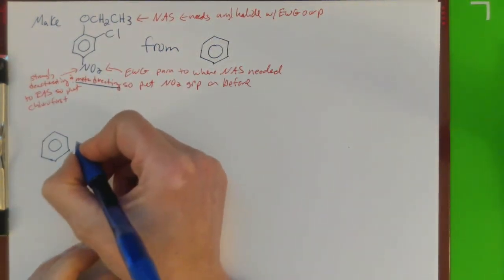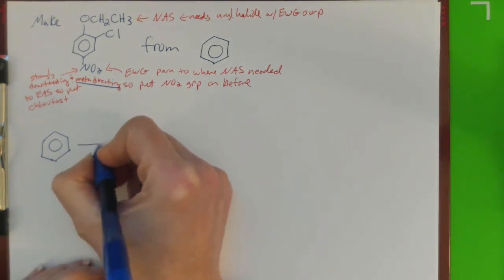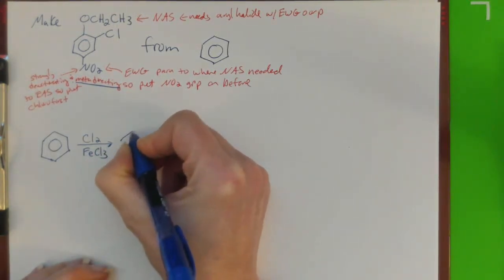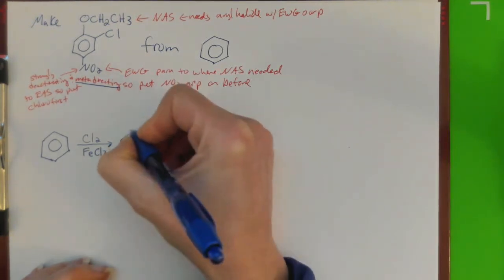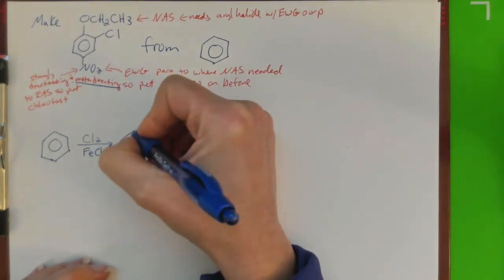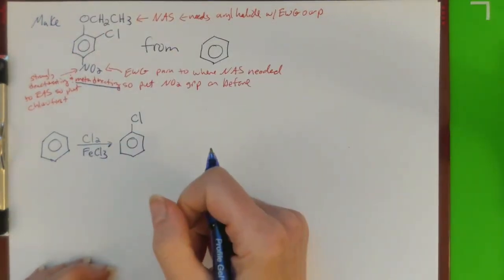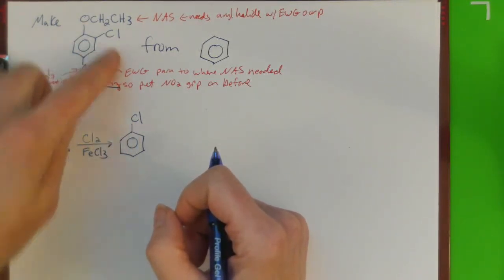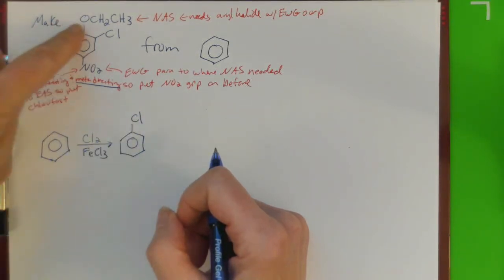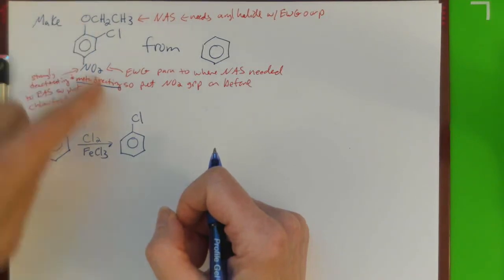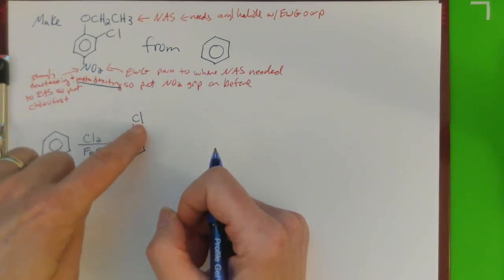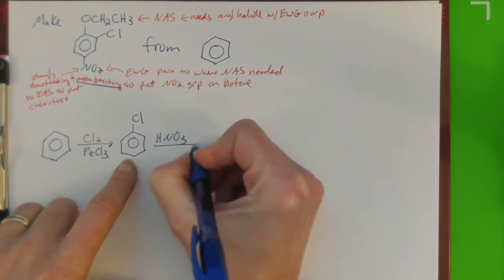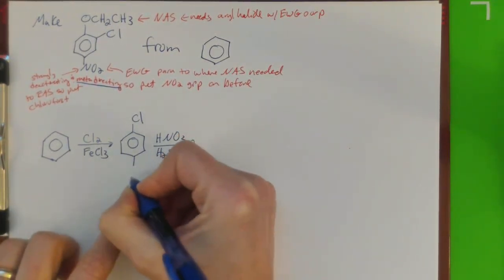So from my benzene ring, I'm going to go ahead and do my halogenation. You can do it with bromine or chlorine, doesn't matter. And get that chloro group on the ring. I'm going to put it here just to start. So take this and rotate it. Okay, and then if I do my nitration next, remember that this is not going to be this. I'm going to have the chlorine where I'm going to eventually put this piece. So we have weakly deactivating, ortho-para directing, para being the major product. So now when I do my nitration,